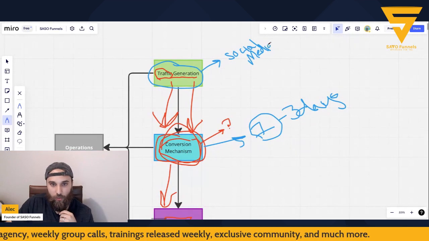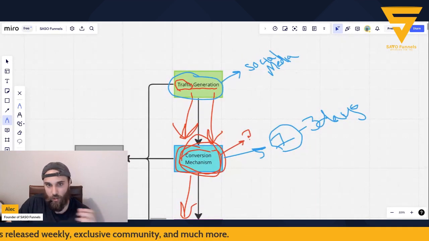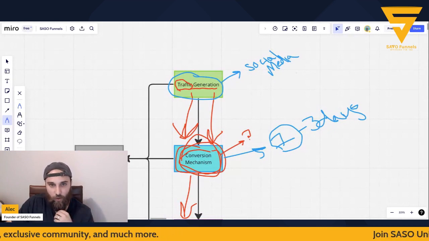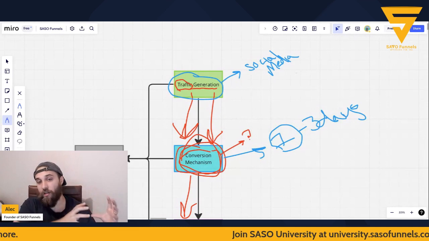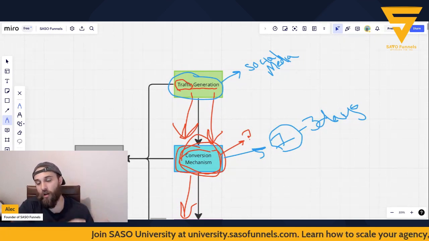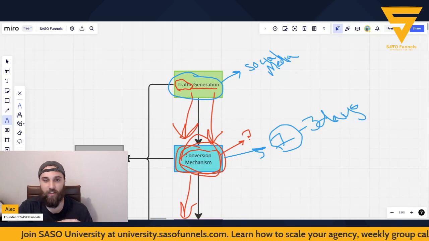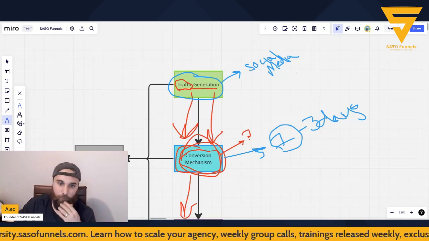Guess what? You can't do that with cold email. They can't go to your page from cold email. They're not going to do that. They're going to be like, okay, cool, spam, junk. You do cold call, they can't verify who you are. There's no trust factor. When you do social media and you have content on your page, it's going to verify that you know what you're doing, you know what you're talking about, and you've worked with people in the past, right? It is going to be the way you establish trust and credibility.